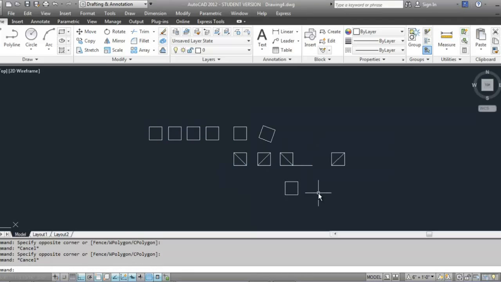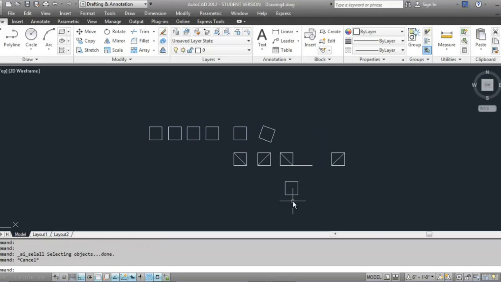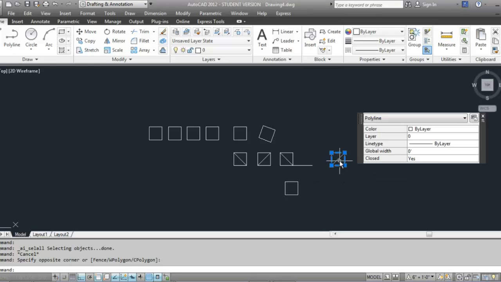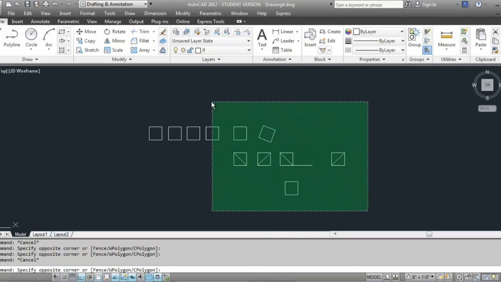Now I have a lot of boxes on the screen. This is a good time to show you a nifty selection tool in AutoCAD. There are several ways of selecting in AutoCAD. You can hit Ctrl A on your keyboard, that will select everything on the screen. You can select each object individually, and then you can erase or delete it. But there are two ways of selecting, and they are known as selection windows. If you hold the left key of your mouse down somewhere on the screen and drag it across from right to left,